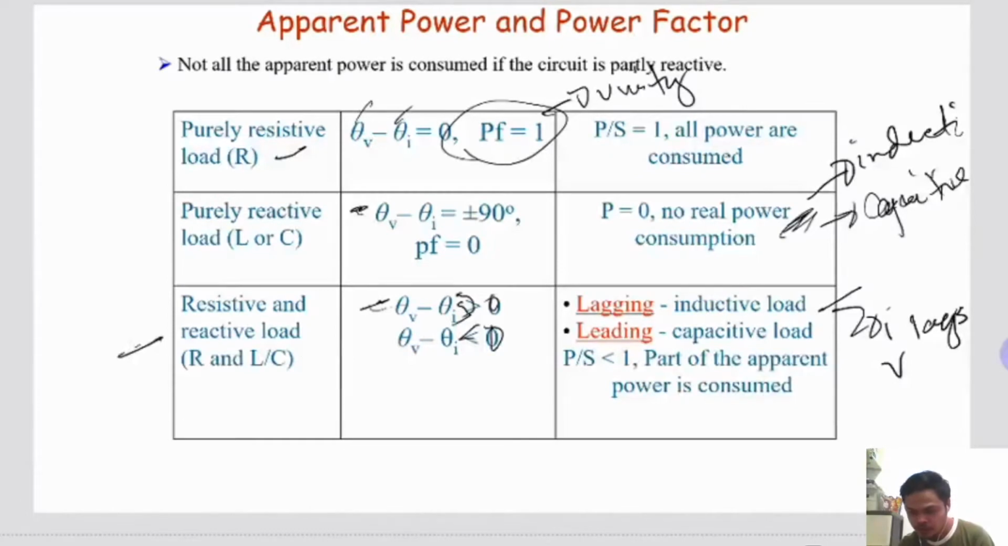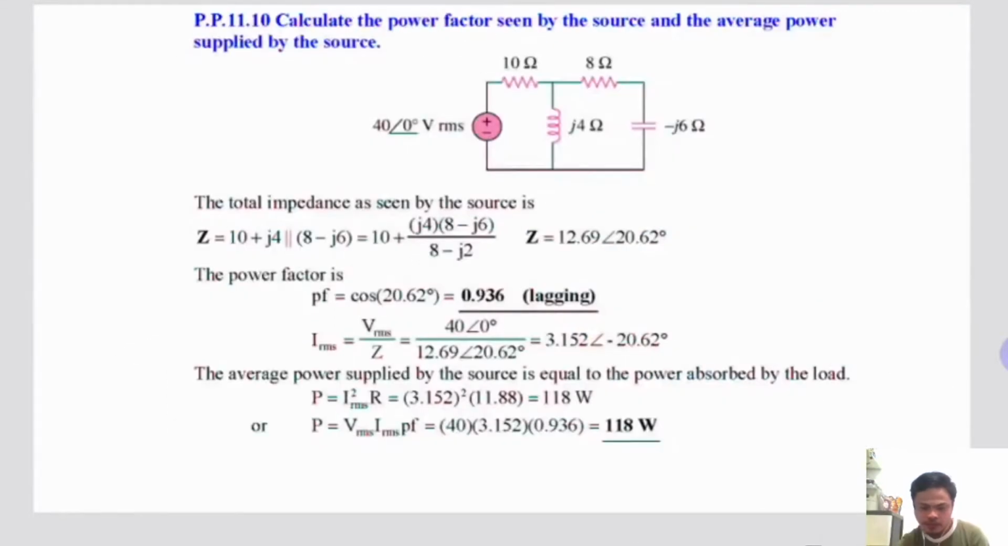Now for the difference of theta V and theta I less than 0, it is said to be leading or a capacitive load. In this case, our current I leads the voltage by a certain angle, the difference between theta V and theta I. So a very stable system should have a purely resistive load or unity power factor. So take for example,